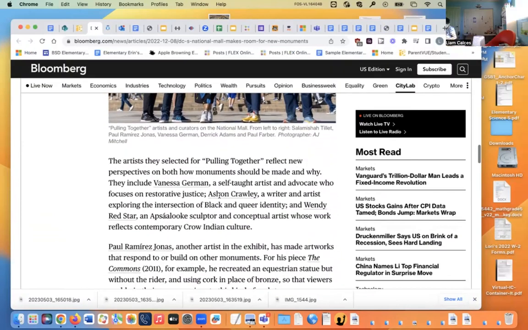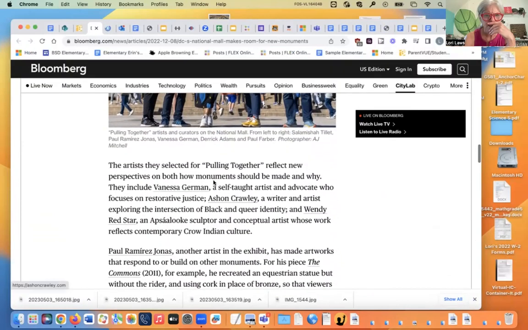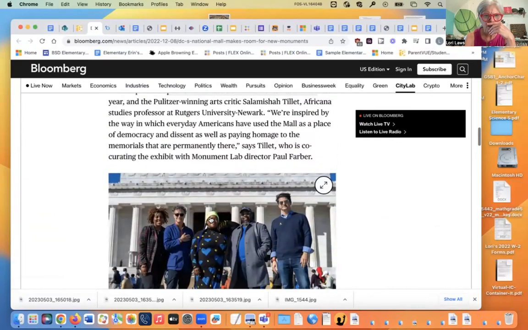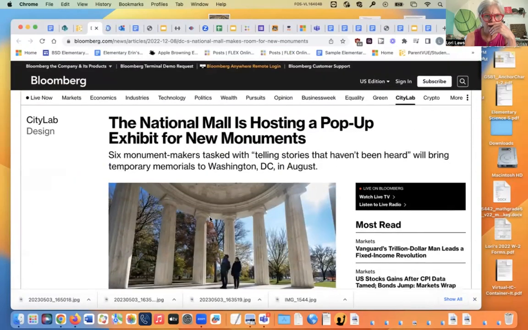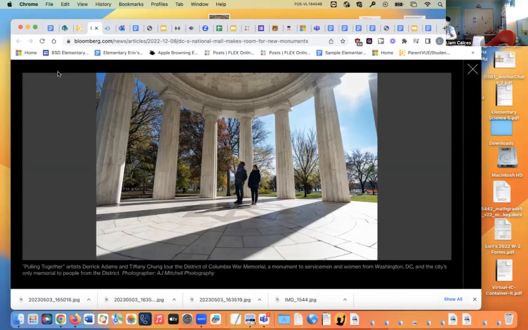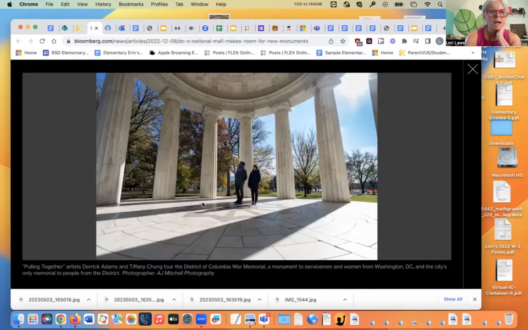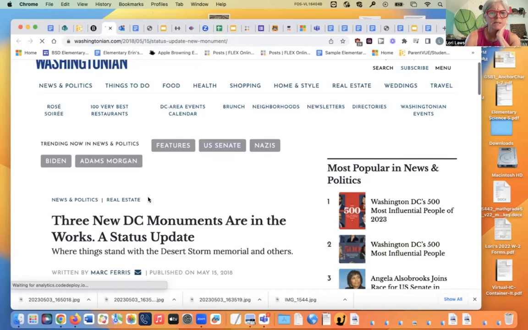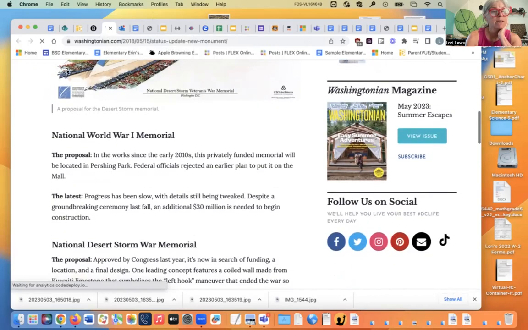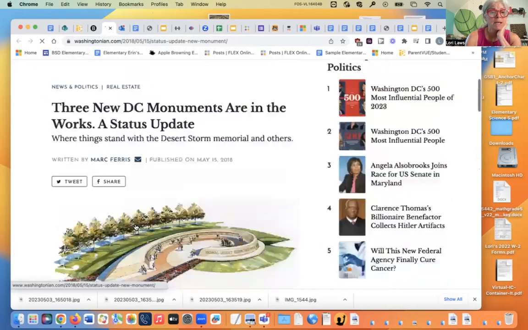Here it is. Pulling together is this big monument. Is this a video? No, not a video. It's about some people who felt that they didn't have the right monuments. Maybe it is here. Anyway, these are 3 new ones coming up.